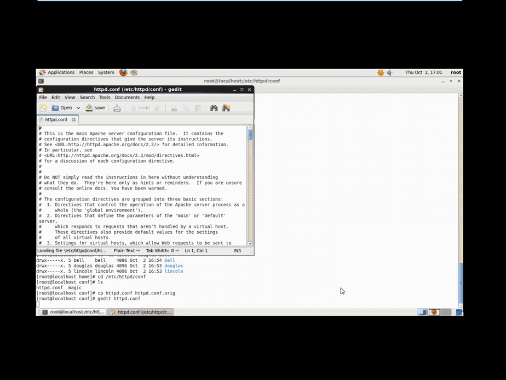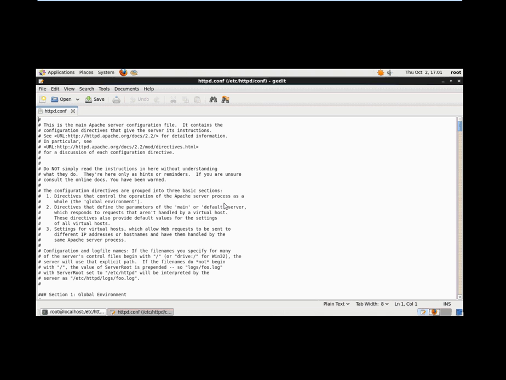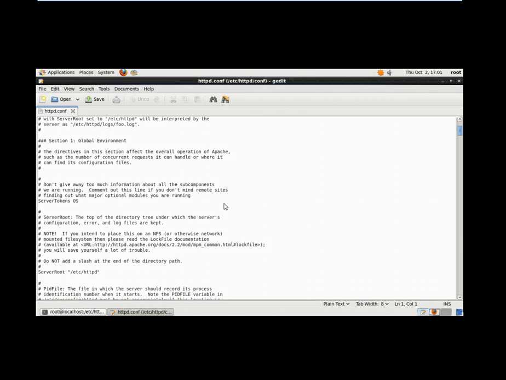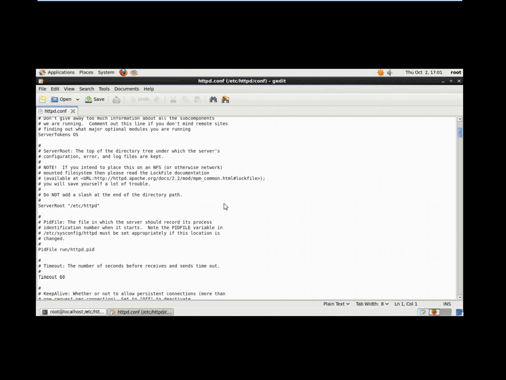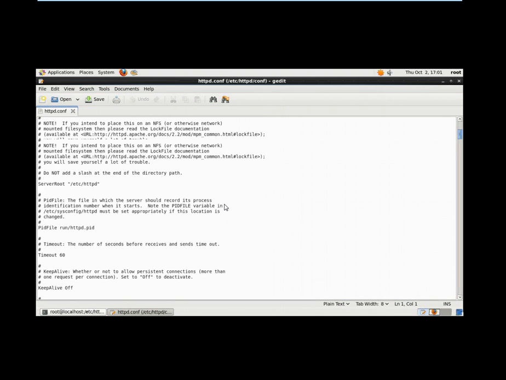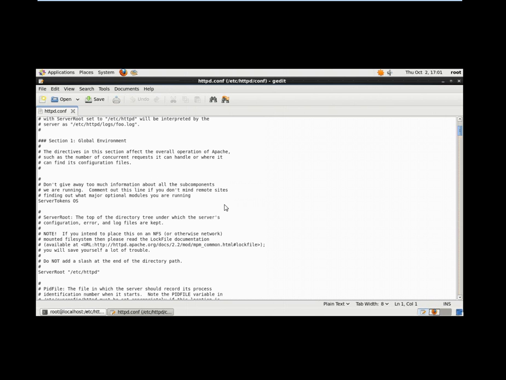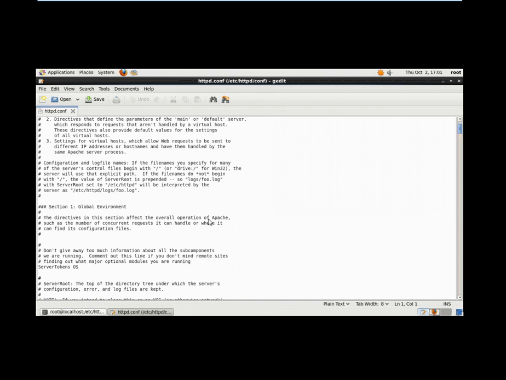And that's going to open up the file for us. There are 3 sections in this file for configuration. There's a global section, a server section, and a virtual host section. We want to get down to a section for the purposes of this demonstration, to a stanza within this particular file called